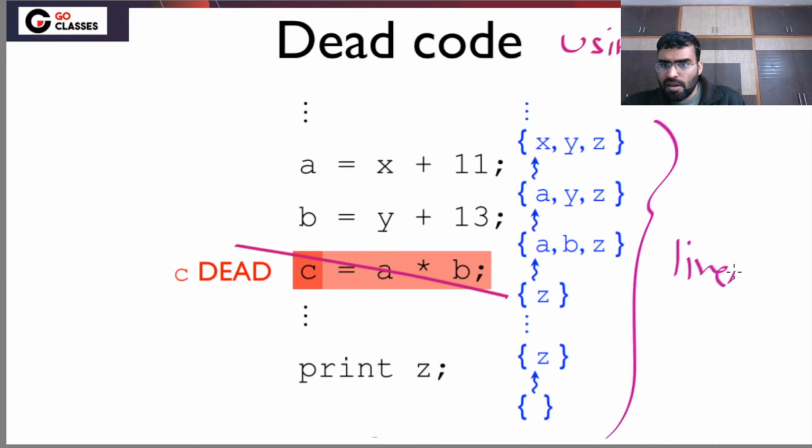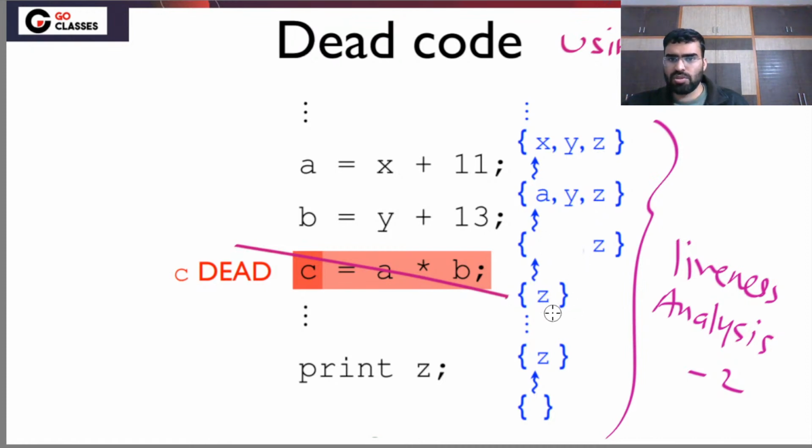Tell me. Liveness analysis 2. Tell me what will happen. If you do the liveness analysis again, then what will happen? This AB, now this AB is gone. Now this AB is gone, and from this what will happen? So this A is not there, YZ is there, and now you can notice. Okay, so YZ and X. Okay, so now again you can notice, now this B,